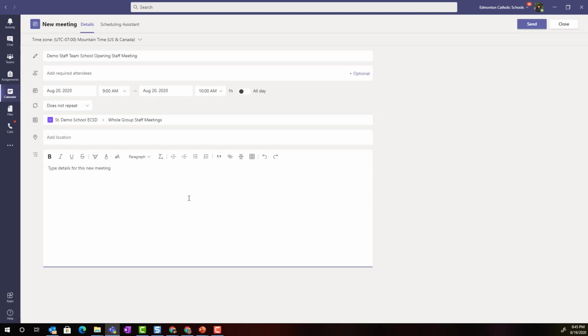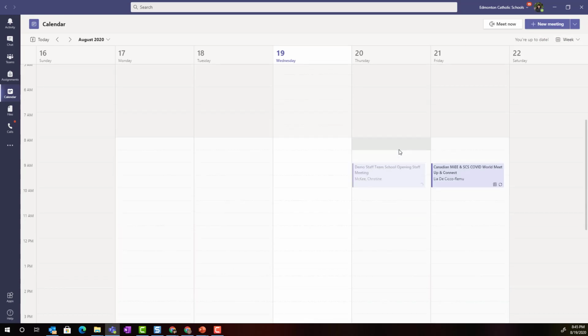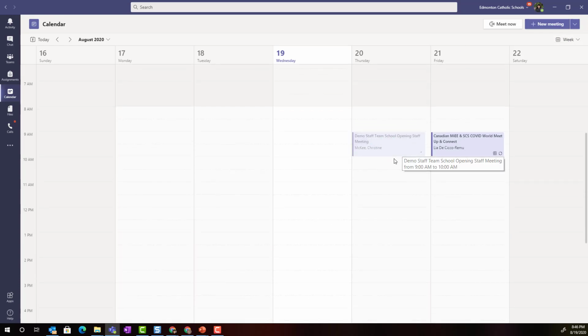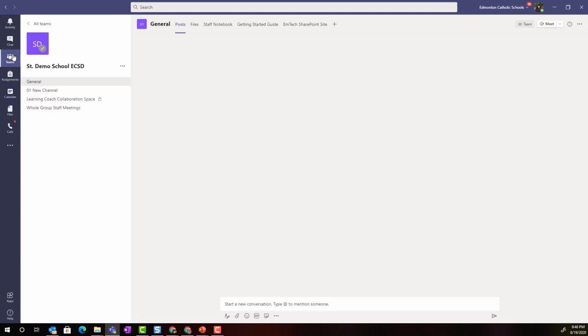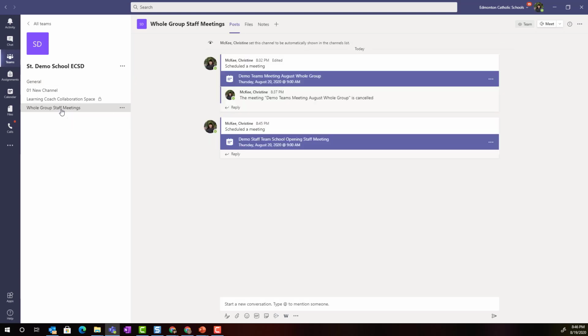Once I've added in all the information that I need for the details of this new meeting, I'm simply going to click Send. Now, let me scroll up so you can see in my calendar. A calendar booking will be added here during the time slot for this demo staff meeting. But if I go back to my team, again, my demo staff team, and I go to that whole group staff meetings channel where I booked the meeting, notice that I see a post in the Post tab